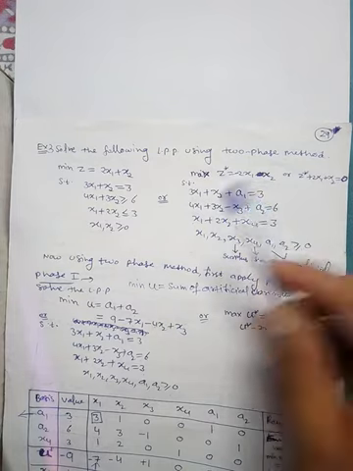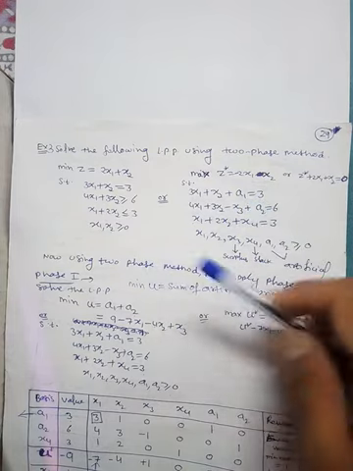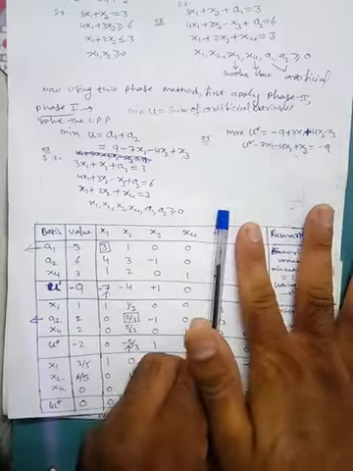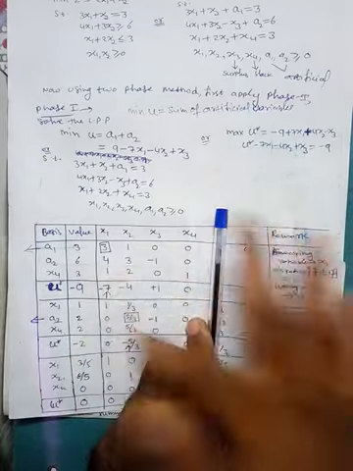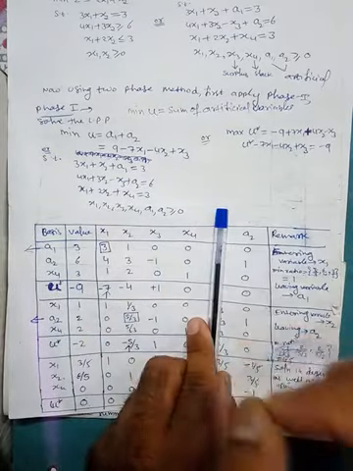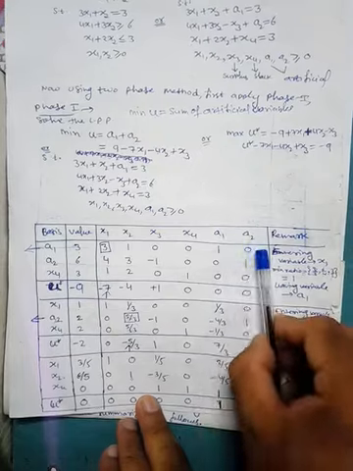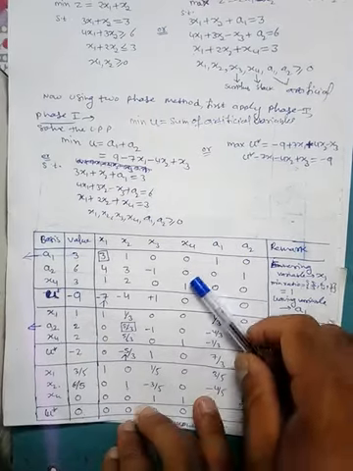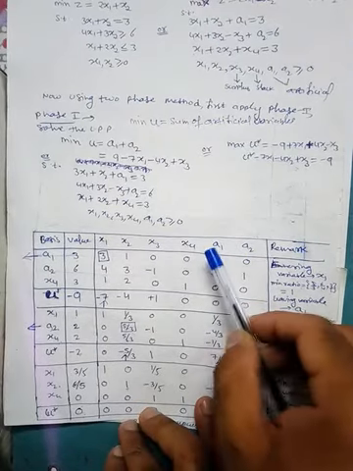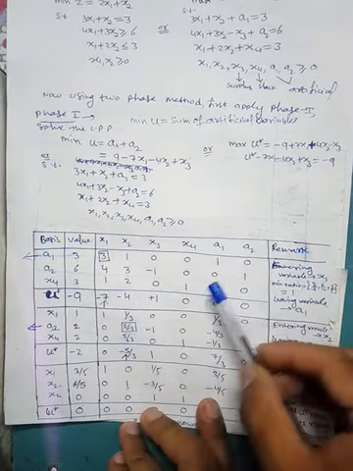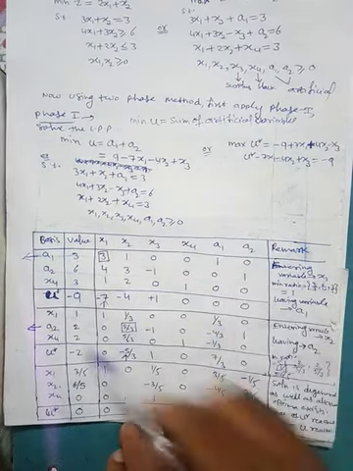But since we have not an initial basis without a1 and a2, because if you remove these two columns then you are not able to get the initial basis. That's why we have inserted a1 and a2. Due to this we have increased the complexity of the problem because 2 more variables are included. So this will increase the number of variables and hence our calculation.